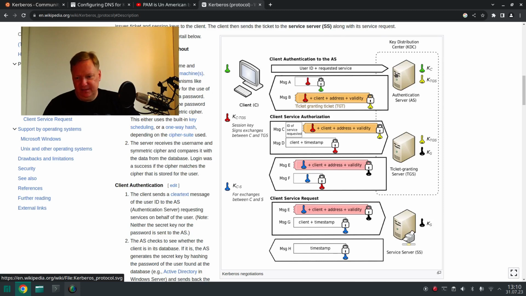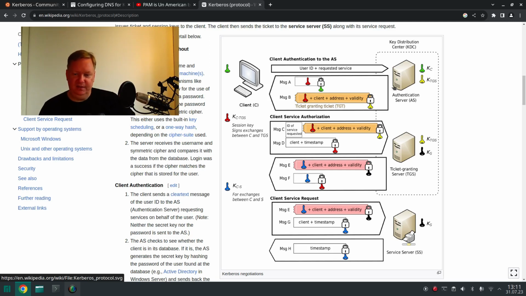So what happens is in Kerberos you have these two servers, the authentication server and the ticket granting server. And they often run on the same physical hardware, but you could run these two programs on different servers if you want. The combination of these two is called the Key Distribution Center, KDC. And what happens in Kerberos is that